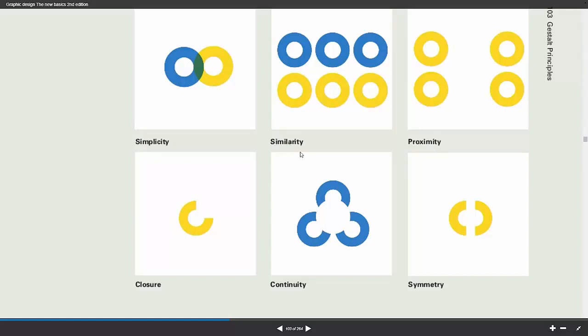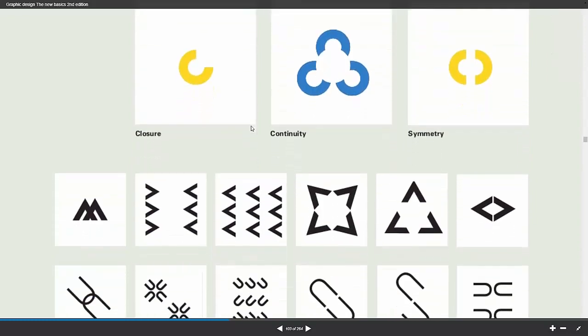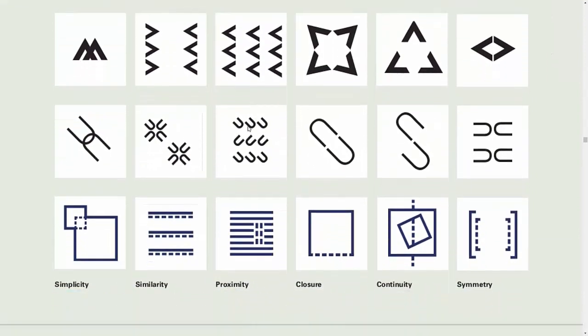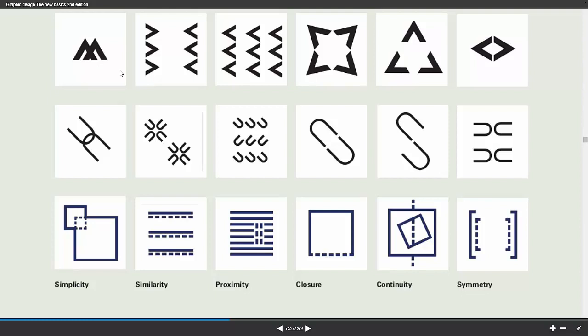Okay? All right, so symmetry, remember that's sort of what we talked about, balance. We have asymmetrical, symmetrical. Now, there's actually more than just this, and if you go further into it, there are other principles out there also. Now, these are the 6, and they give you additional examples right below it so that you can see it. Okay, so simplicity, similarity, proximity, closure,